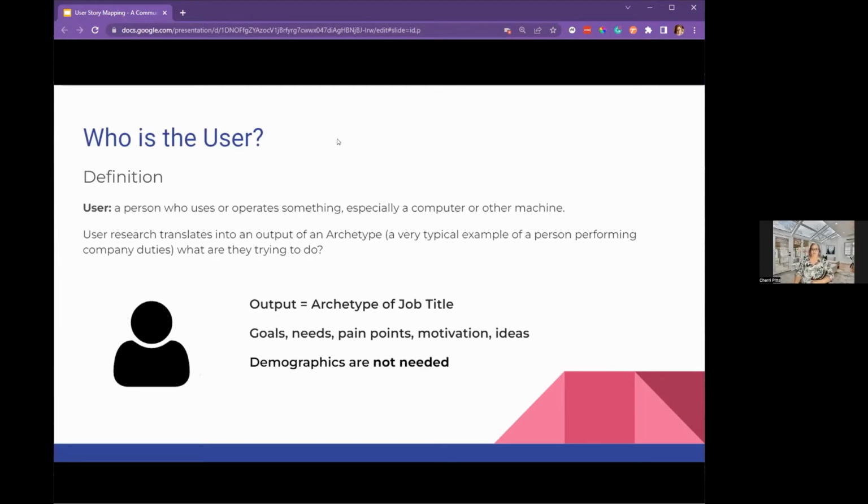So the user is the person who is using the software or the website. They're operating something, especially a computer or other machine. We're in tech, IT. User research translates it into an output of an archetype. So an archetype, to me,